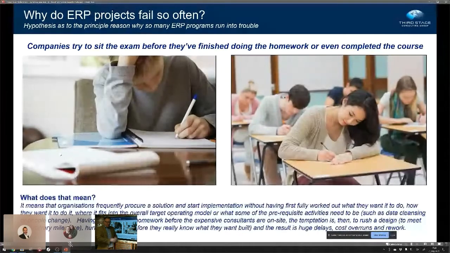Having got the go ahead from the board, organizations become very keen to just get going and start configuring. But really the time spent here is going to save so much time and effort later on as you go through the project. The real aim of this is to mitigate any risk of delay or cost overrun. So the more work you do thinking about this now, the easier you're going to find it to have a successful outcome.